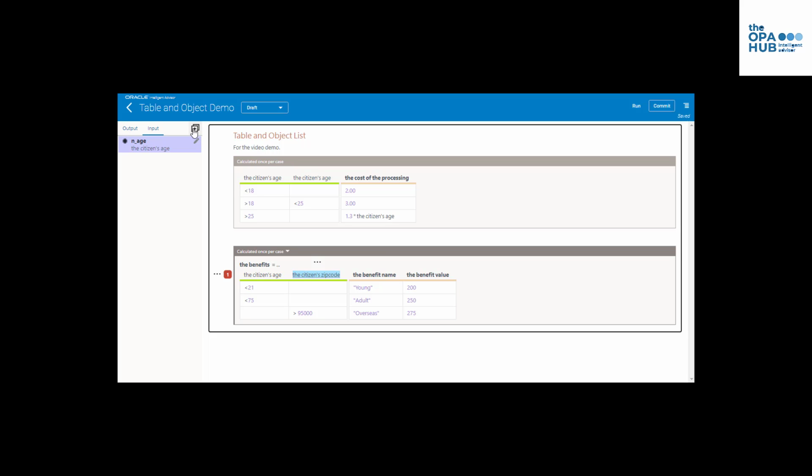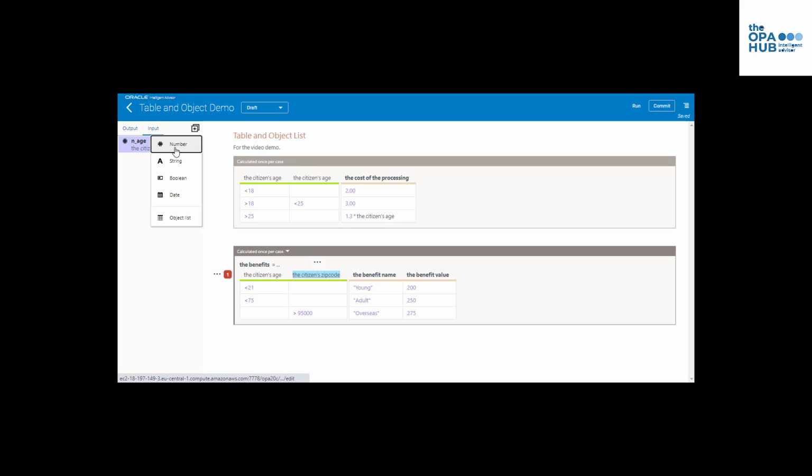So I'm going to go ahead and enter the citizen zip code as an input attribute. And in my case, zip codes are purely numeric, not working in England for the time being. Let's assume this is a French zip code. There's my zip code. So far so good. So the benefits will be calculated, and you'll notice up here it says calculated once per case, because at the moment there are no other entities or nothing else that tells Intelligent Advisor that I might want to execute this